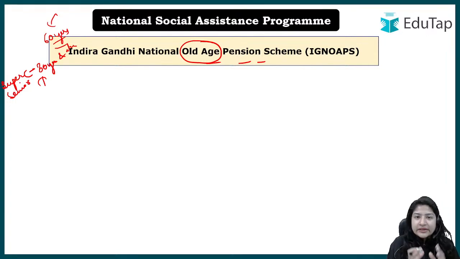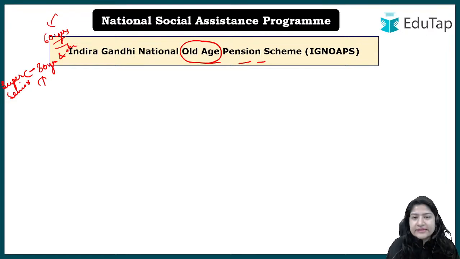Why is it so? First of all, let's understand why this financial assistance is being provided. It is provided because with age, the person's movement gets reduced, so the person is not able to do much work for themselves, and so they need some financial assistance. You can imagine who would be much weaker, the one who is 60 to 79 or the one who is 80 and above. So for them there is more financial assistance.